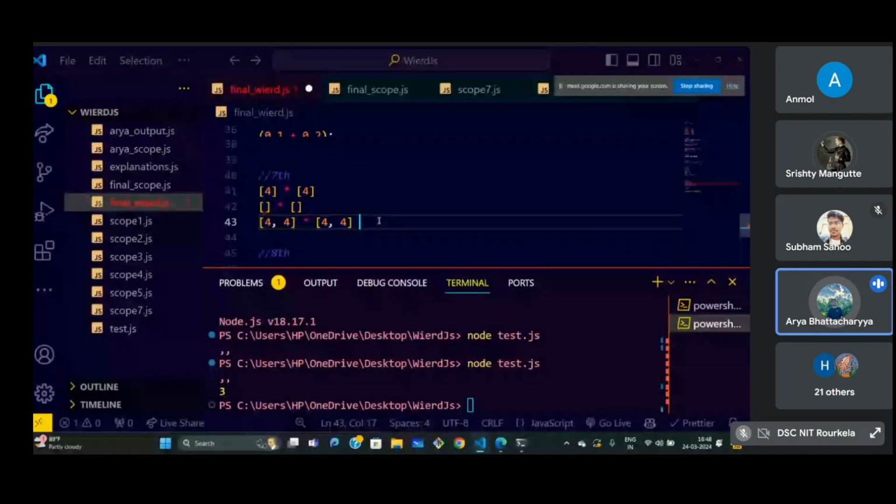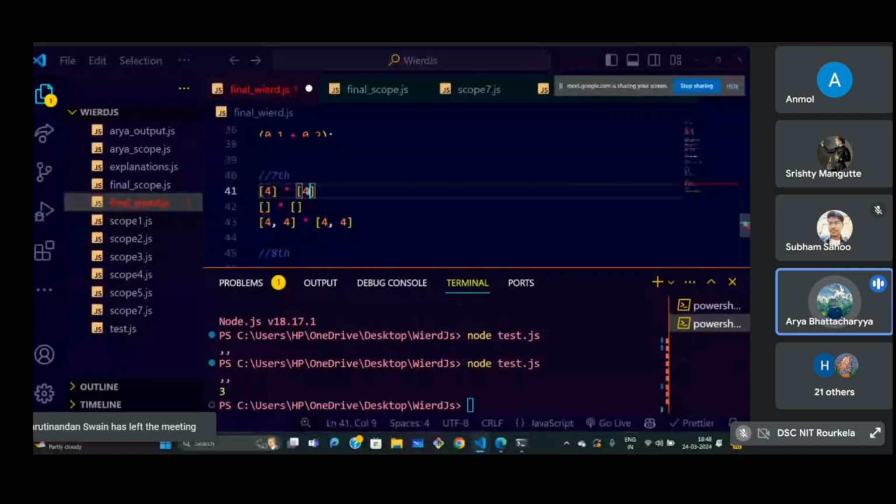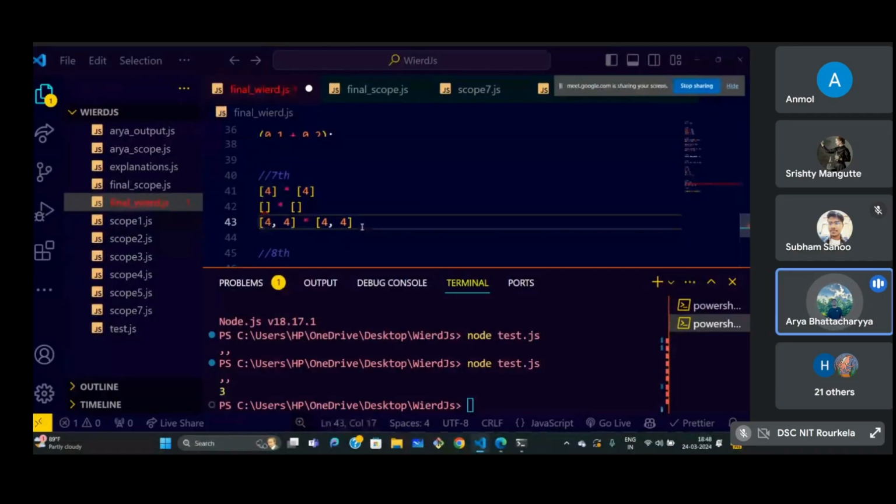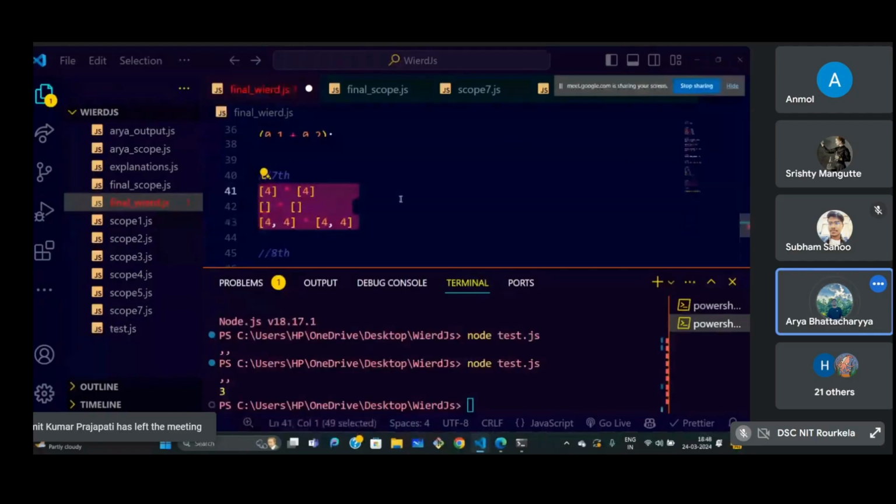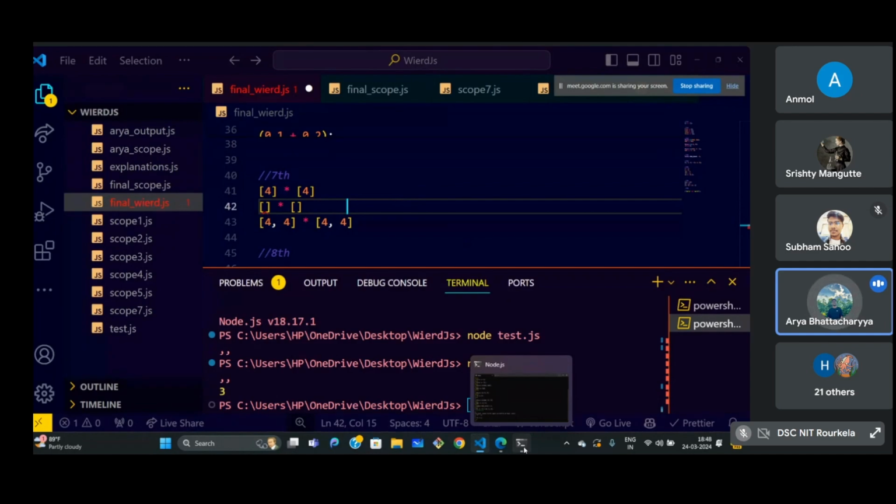That would not result in anything, because when there are multiple elements in an array, that cannot be converted into a number. The single 4 could have been converted into a number, but 4 comma 4 is not convertible to any number. So that would be nan into nan, which is primarily nan, so that would not result in anything. So correct. Those of you who have answered 16, 0, nan are correct.